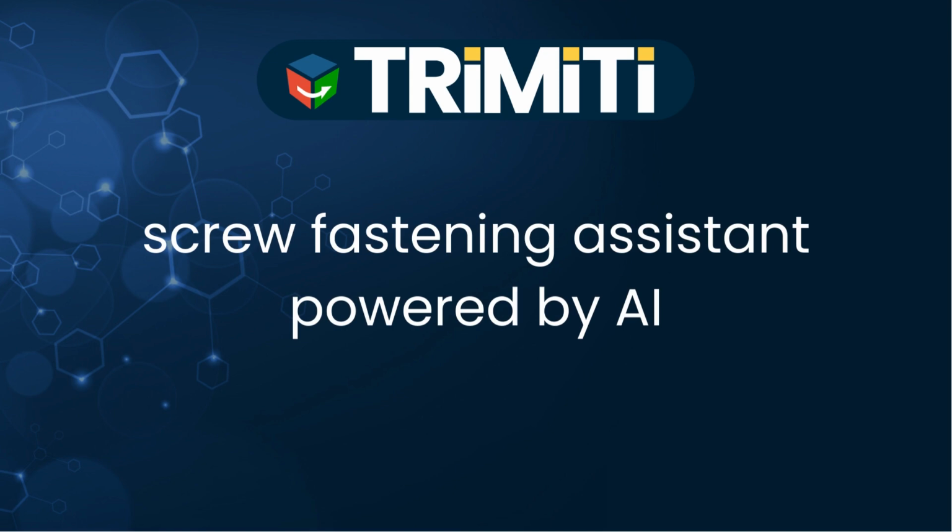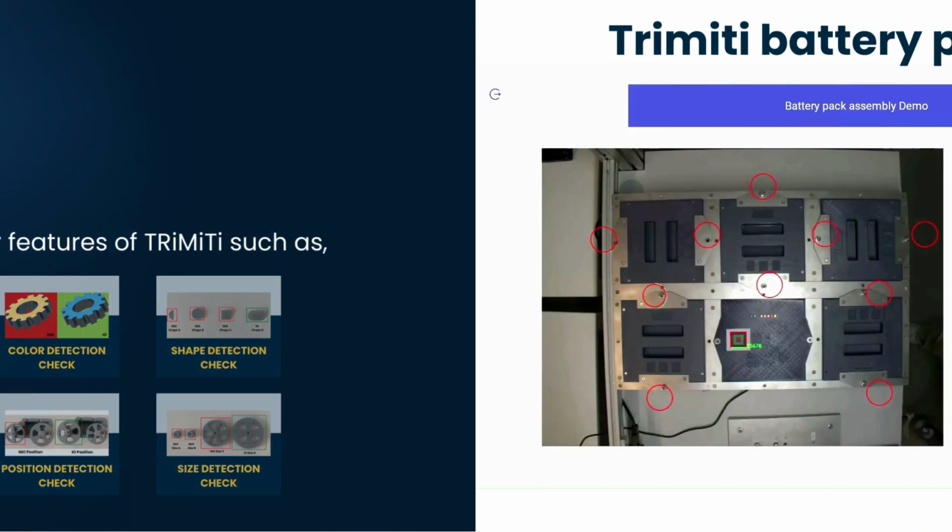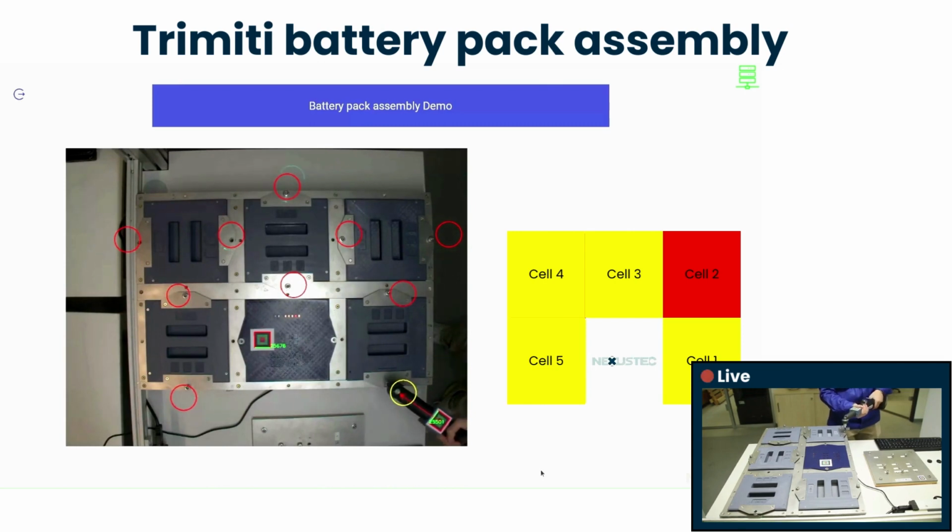One of the features of Trimity is our screw fastening assistant for manual work, powered by AI. In this use case, Trimity guides the worker through the assembly of a battery pack. Via a screen, Trimity shows the worker which cell must be screwed and reports whether the screw sequence is correct